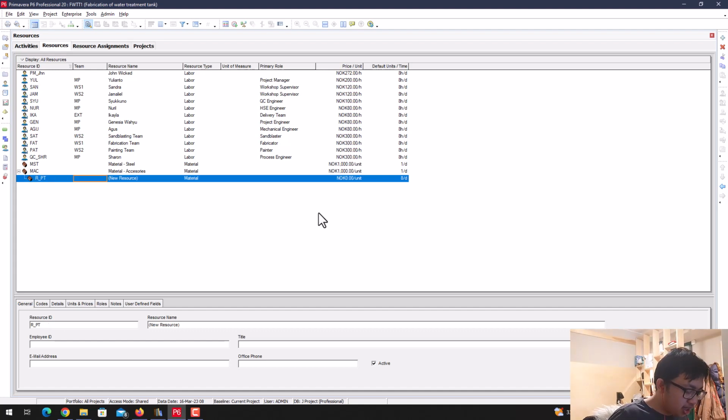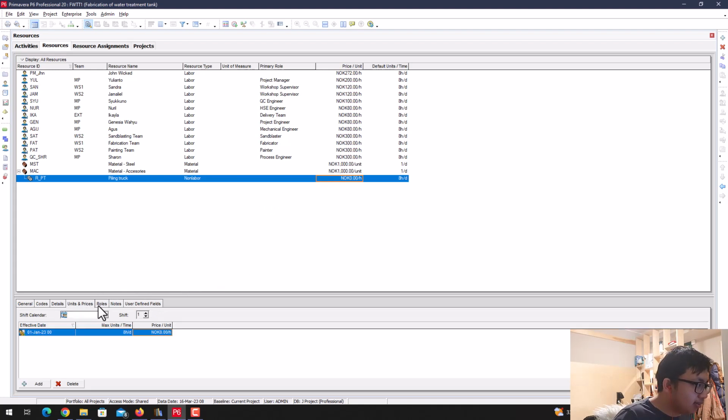Resource underscore piling truck. Then you can change it to non-labor, and maybe for the piling truck we can put the price 200 per hour, so it doesn't really matter anyway. I mean, we can just put it here, 200, and default units per time at 8 hours per day. So this is the